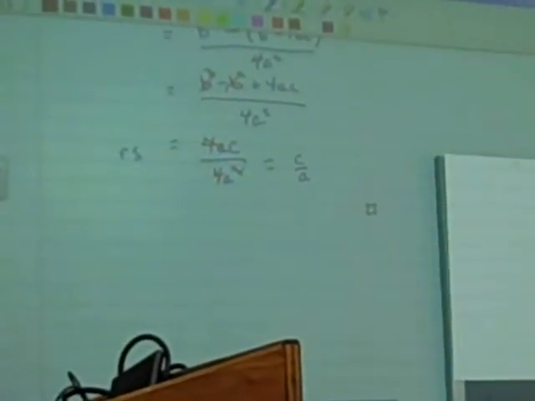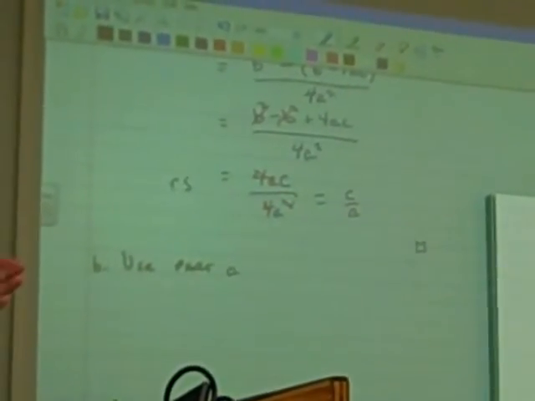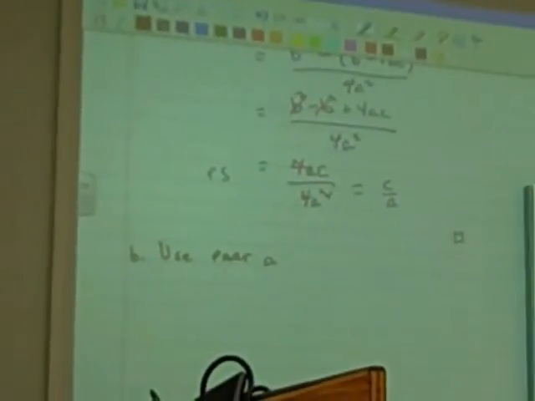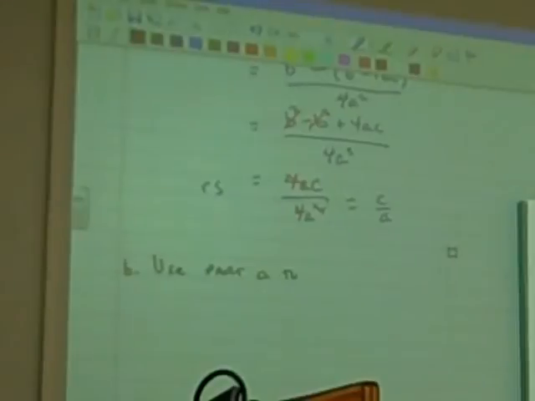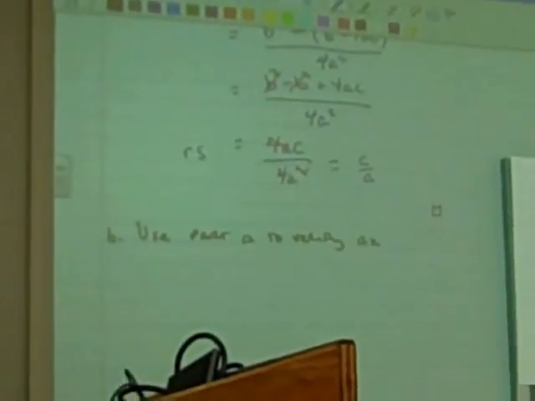Another 20 points comes from part B. It doesn't take near as long when you're just going through it. When you know how to do it, alright, explaining it makes it take a little bit longer. It says use part A to verify ax squared plus bx plus c equals, new page,